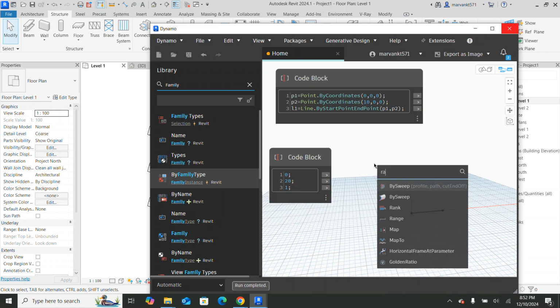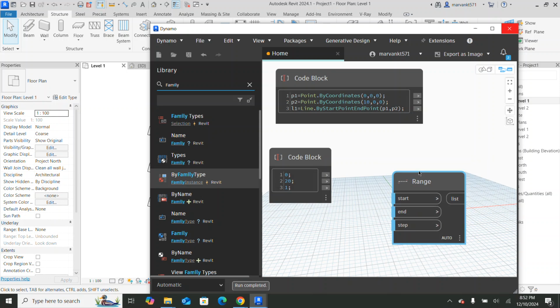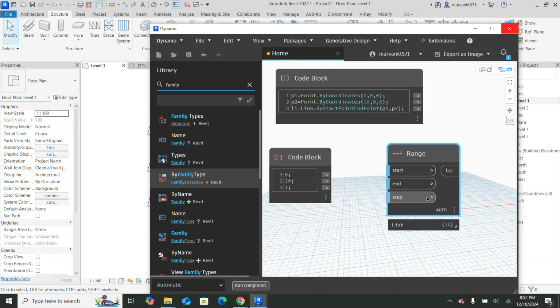What will the range command do? The range command will create a sequence of numbers or letters in the given range. Currently it is going to create a sequence of numbers. See here, the start value is 0, the end value is given as 9, and the step value is given as 1. That is the reason by default it is coming over here